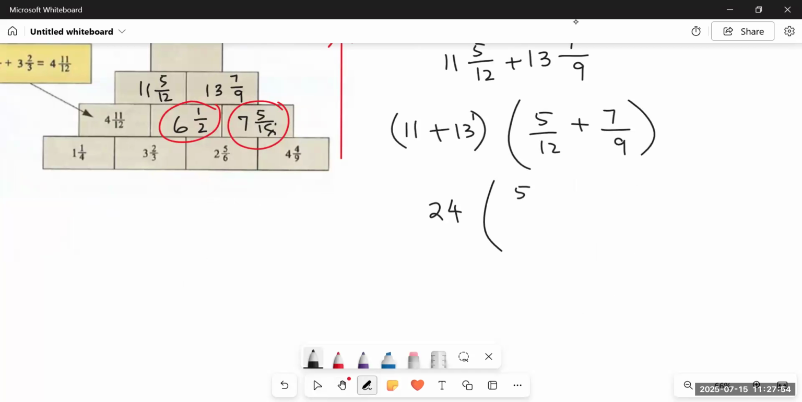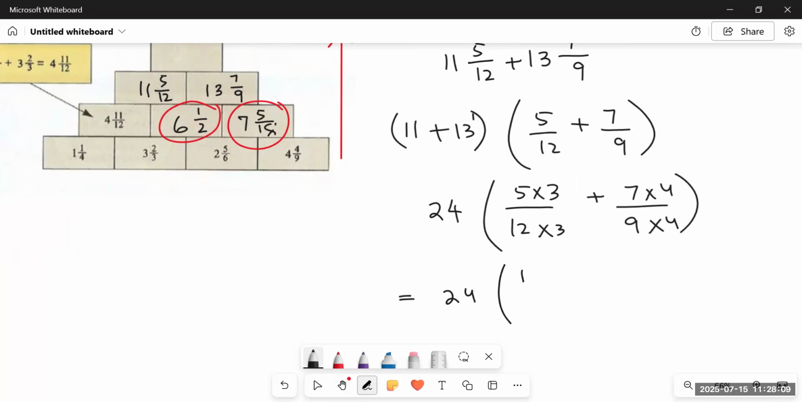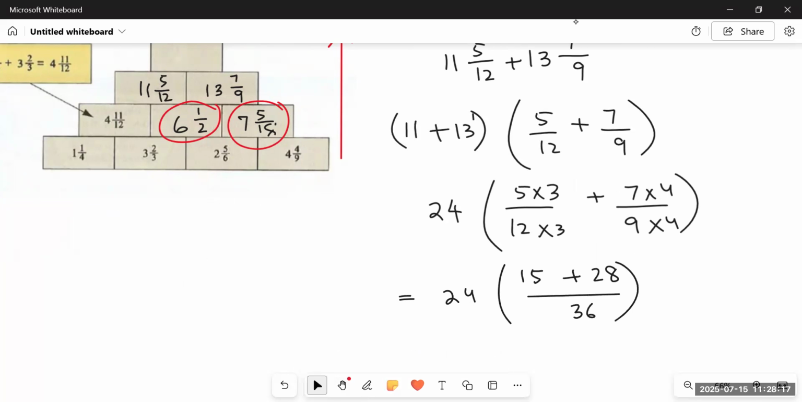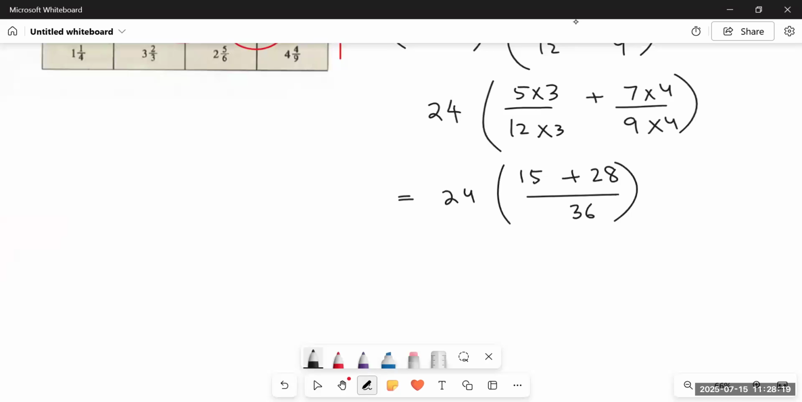So what are we going to do? To make 12 into 36, we simply have to multiply it by 3. And for 9, we have to multiply it by 4. 9 4s are 36, 12 3s are 36. So it would be 24 whole 15 plus 28 upon 36. And when we add 15 with 28, the answer would be